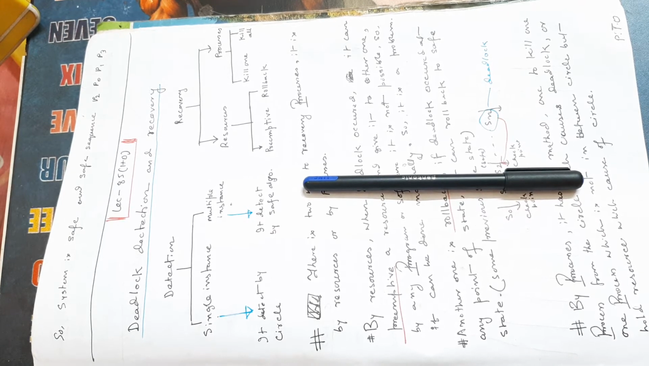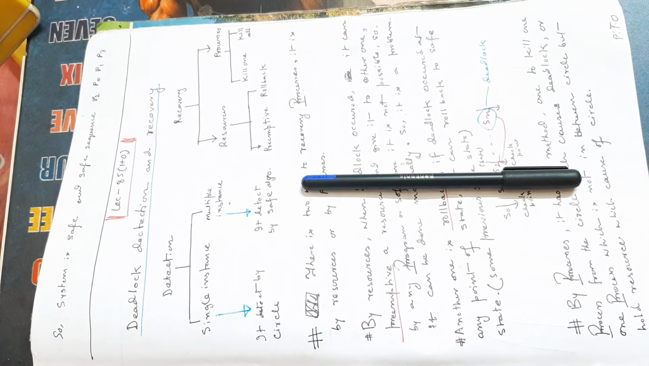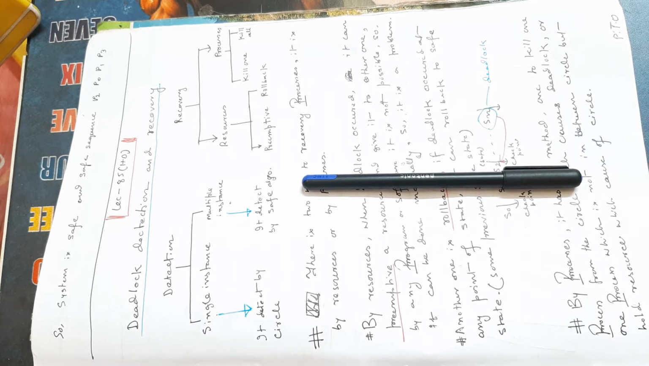So in case of detection, there are two procedures. In case of single instance, the circular chain is enough, and in case of multiple instance, we use the safety algorithm. And in case of recovery,